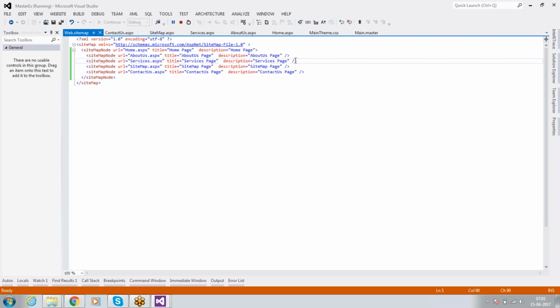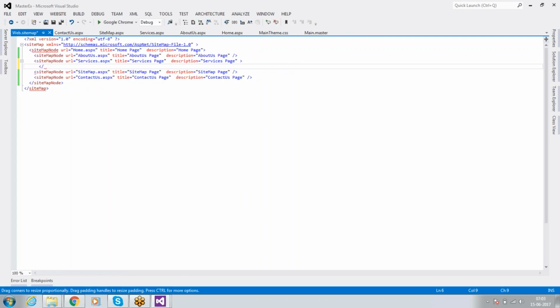Let us see how we are going to do it. So, sitemap node. Inside this open and close tag, you can close your tag like this if there is no child element. If there is a child element, you can close it in this manner.